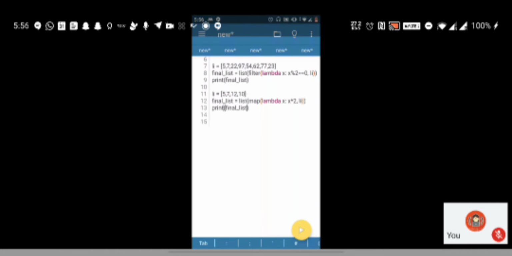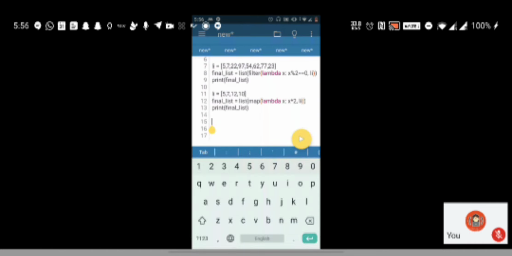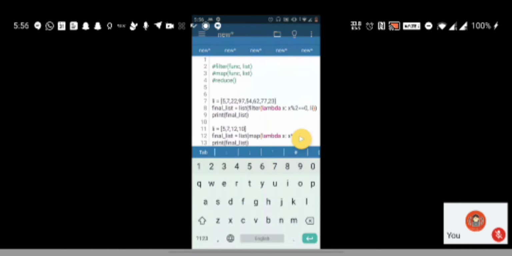So one final thing, let's see the reduce function. Reduce function also takes a function and a list as the input. Reduce is basically like aggregation.